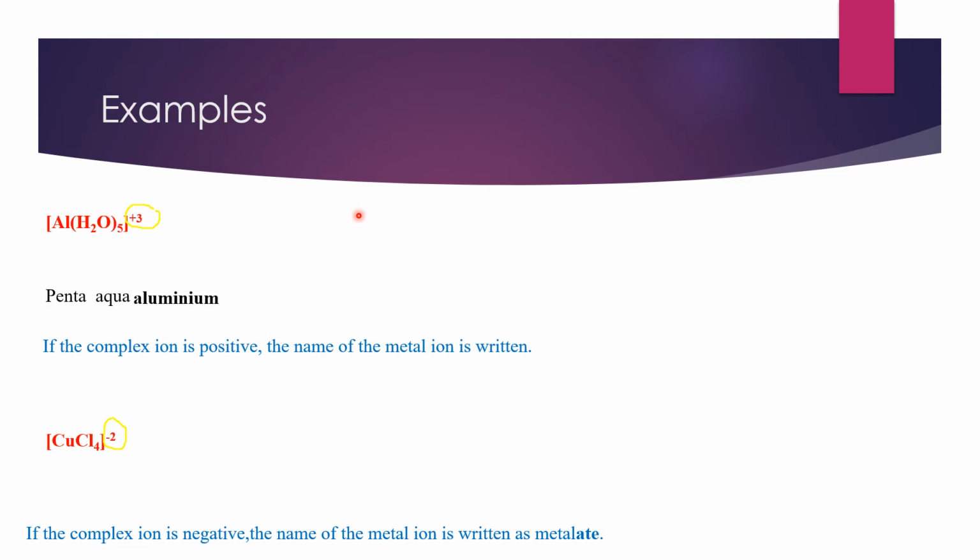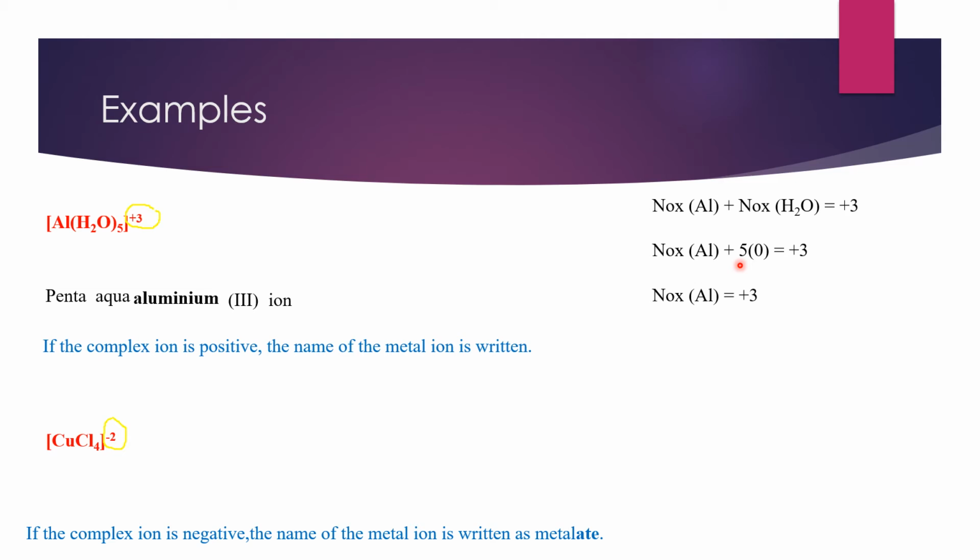Now after this, you calculate the oxidation number of aluminium. After calculating the oxidation number of aluminium by this method, you can see the oxidation number of aluminium plus oxidation number of the ligand will be equal to the overall charge, which is plus 3. And find the oxidation number of aluminium by making that the subject of the formula. You can see that it comes to plus 3. So this plus 3 is the oxidation number which you write in brackets. And then you write the word ion. So the name of this complex ion is pentaaquaaluminium(III) ion. Okay, make sure the entire word is written as one.